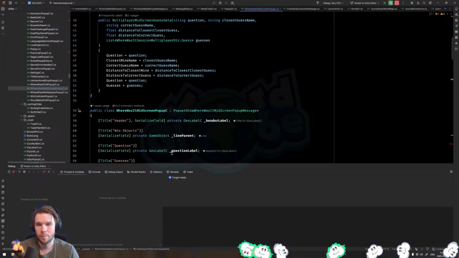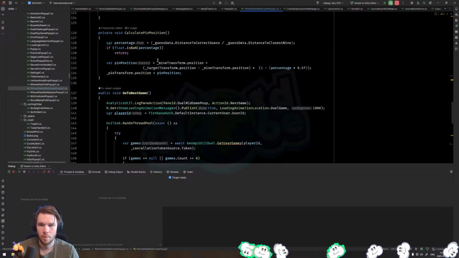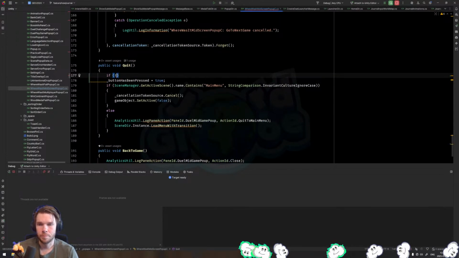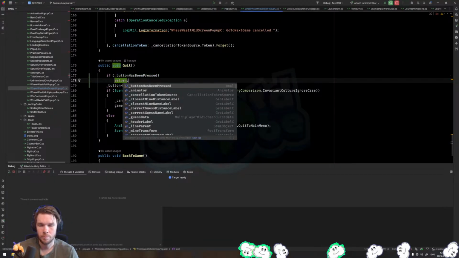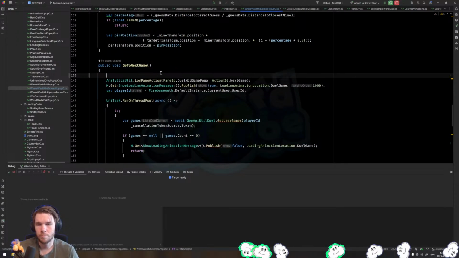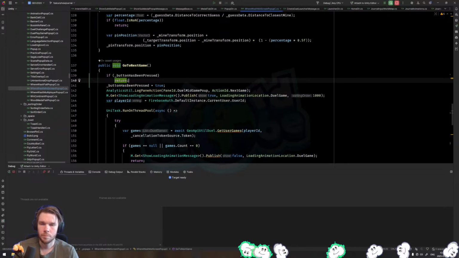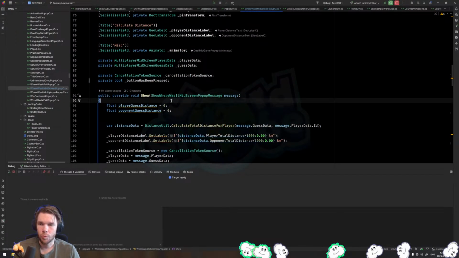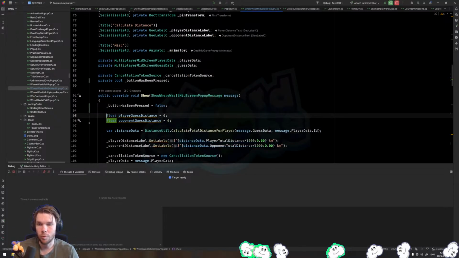It should be in here. Just for safety, I'll set it to false here. If it's showing up more than once, it shouldn't, but